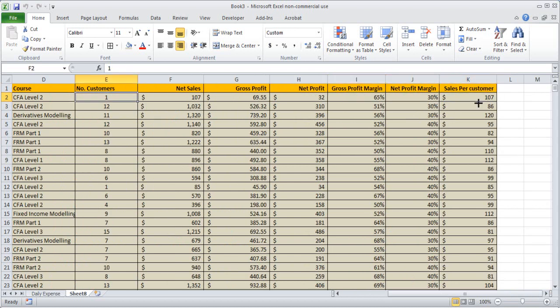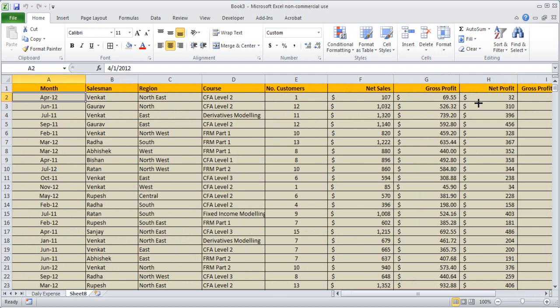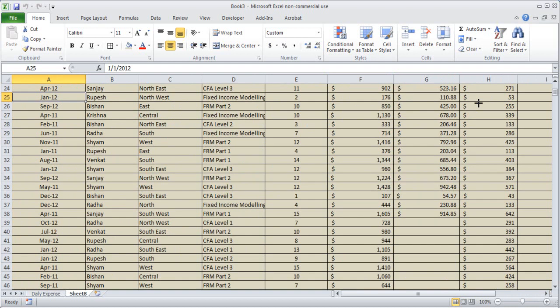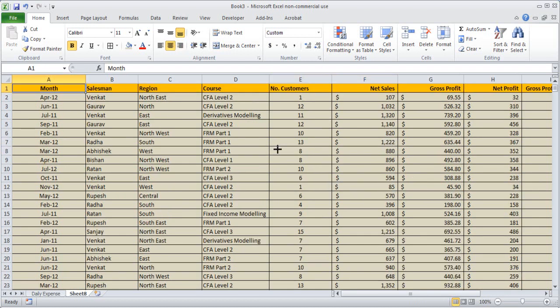Now if you see, we will face difficulty if we scroll down. Let's say we are over here at May 11. Now here I see this number, and I do not know whether it's a sales number, gross profit, or net profit. So it becomes very difficult sometimes when the data is very large. In such cases, we can freeze the panes. There is an option in Excel wherein you can freeze the pane and it will help you in